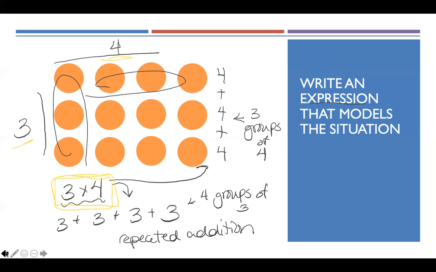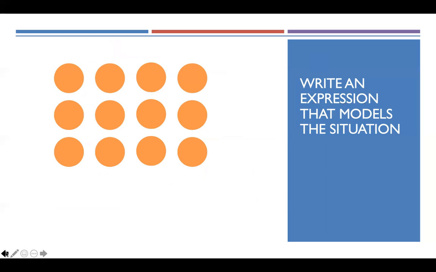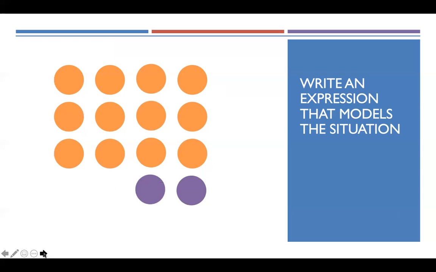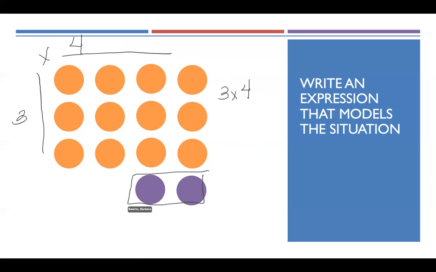There we go. So I'm going to clear this for a second, and now I hope that you see I'm going to change the slide here. And what changed? What do we see? Maybe we saw this 3 by 4 array, so I'm going to write my 3 by 4, but I hope that you notice we just tacked on, we just combined, we just added, literally added these 2 extra, just added on. And that's an important idea to notice, because we can now start to see the difference between what it means to multiply